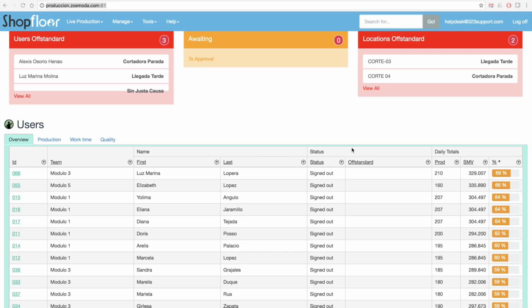Welcome to Shopfloor. This is the Shopfloor control management system. This is what you will use to manage and supervise your production. It runs in any web browser, however we prefer Google Chrome. If you look at the screen, you can see that it's got a very simple to follow layout, and this